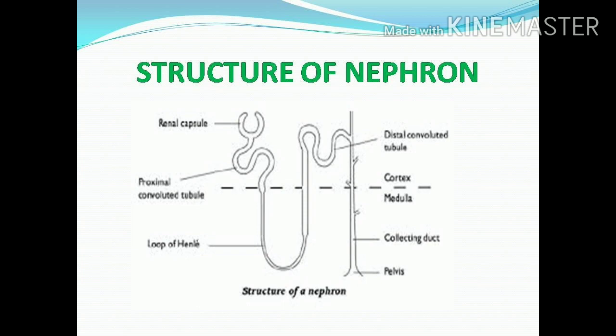That's why the renal cortex has a dotted appearance. Why does the renal cortex have a dotted appearance? Because the Bowman's capsule, glomerulus, PCT and DCT are highly convoluted structures and they lie in the renal cortex region. And you can see the loop of Henle and collecting duct are not convoluted or coil-like. They are straight line structures.